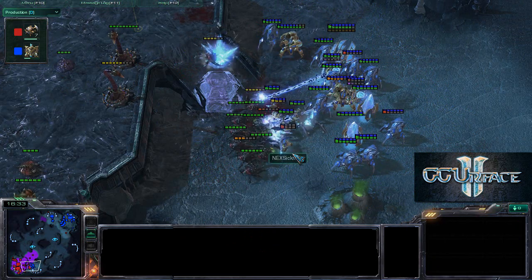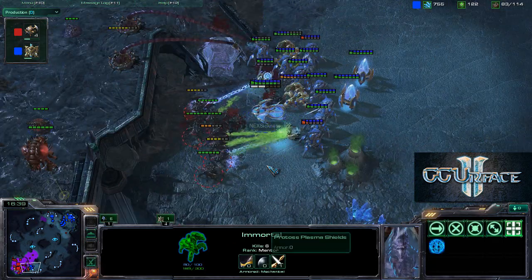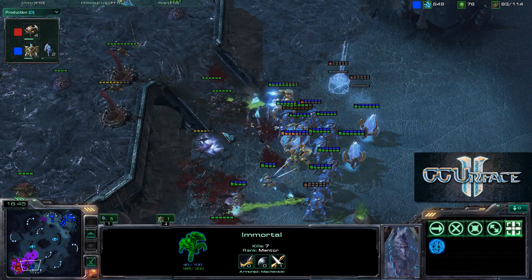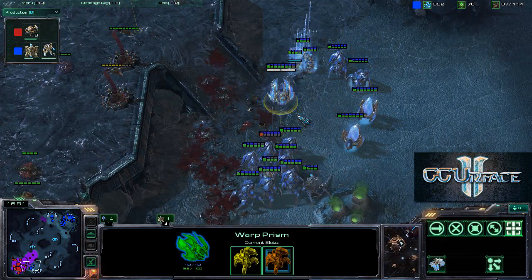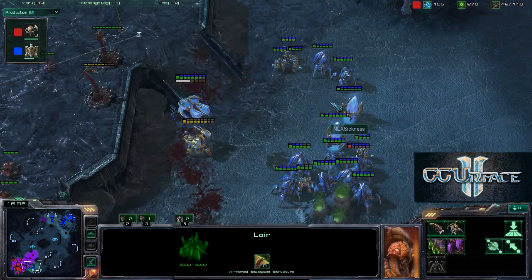And now they're getting focus fired down by the Zealots and Immortals. These two Immortals have 7 kills and 6 kills. That is a lot of kills for the Immortal. And the Zealots are being picked up as well. Great micro from NEXSickness, and I think he will be able to contain the Zerg inside his own base once again. The army size is at 42 against 87, advantage for the Protoss player, as he is going to be